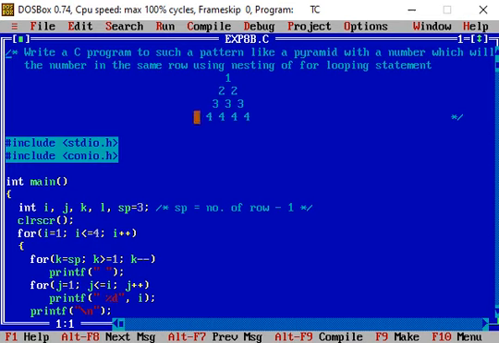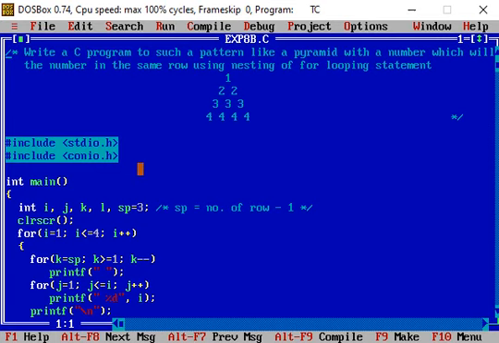That is, we have to print a pattern of numbers like this one. So in the first row 1 is there, in the second row 2 is printed, in the third row 3 is printed three times, and in the fourth row 4 is printed four times. So we will discuss a program written for this one.